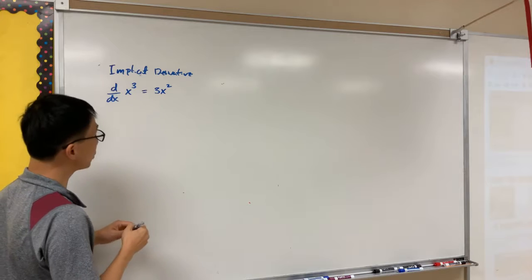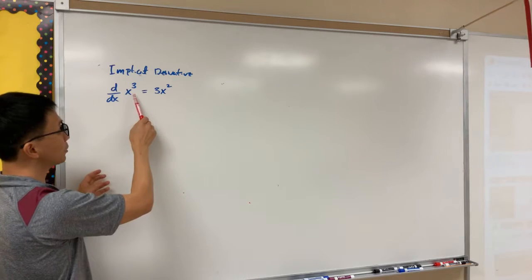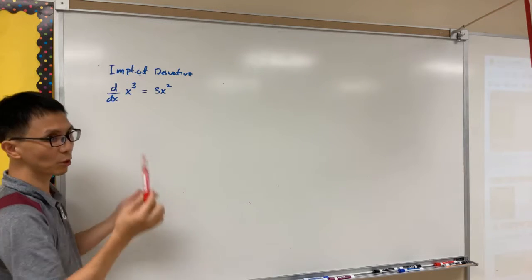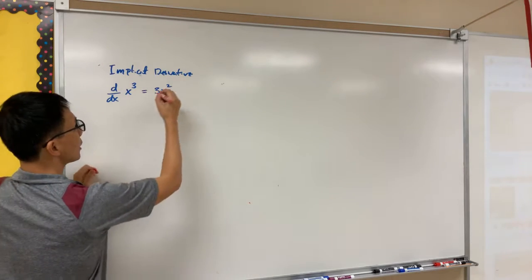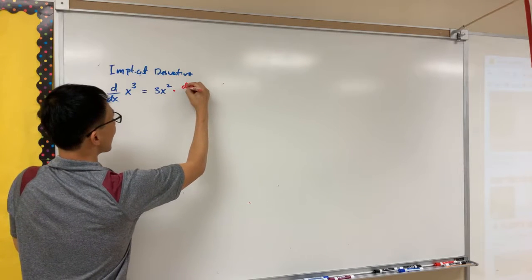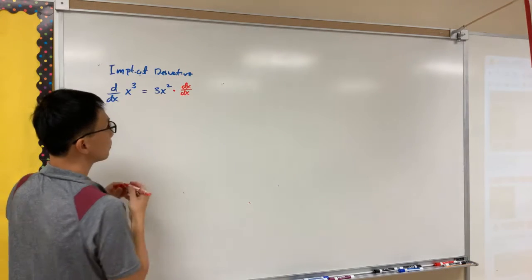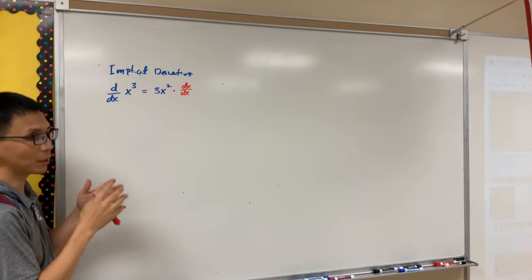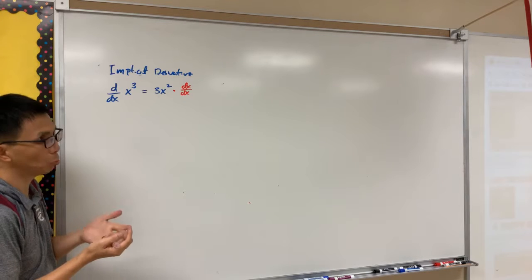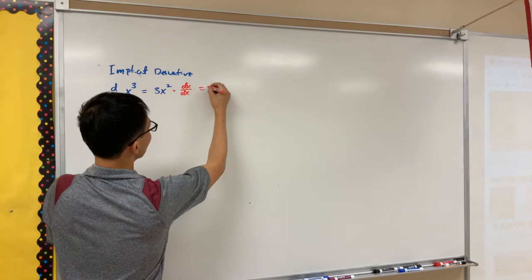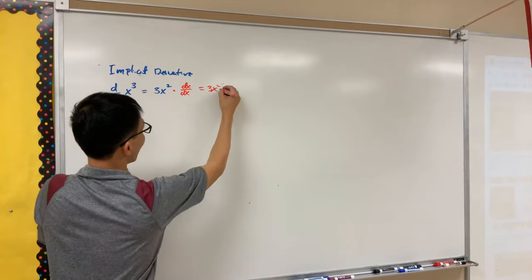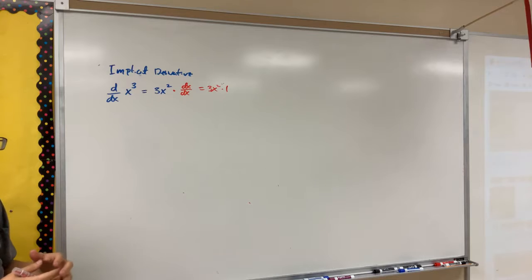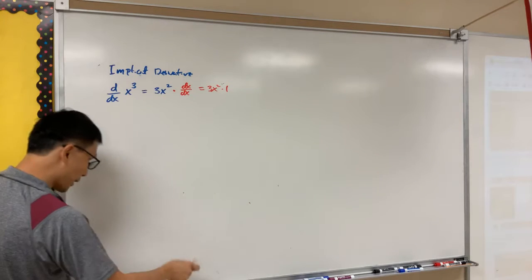And then what if there's a chain rule? I had to take a derivative of x, right? What's the derivative of x? It was 1, because it's actually multiplied by dx over dx. I'm going to take the derivative of x with respect to x. But dx over dx is what? 1. So my answer is 3x squared times 1. But we usually forget that 1. We just assume that it's there. Okay? So now we're going to take a derivative of